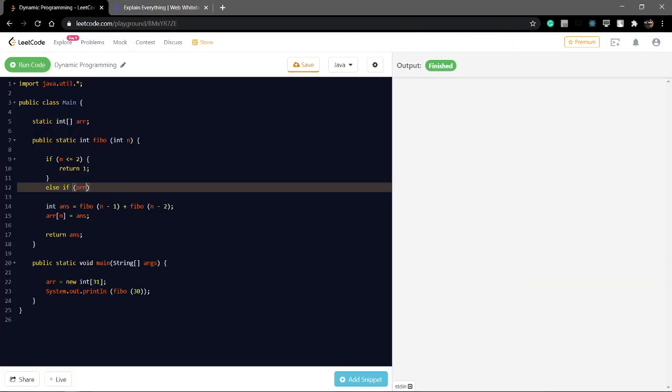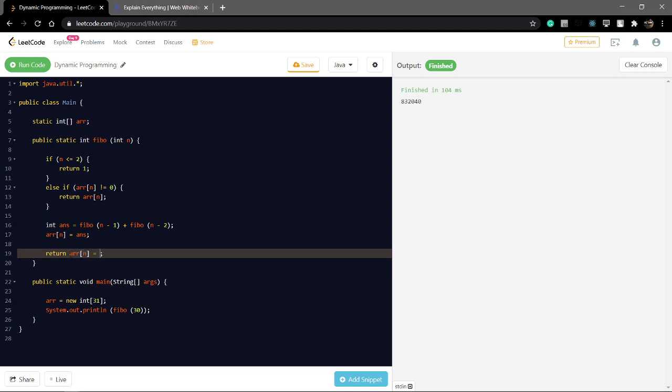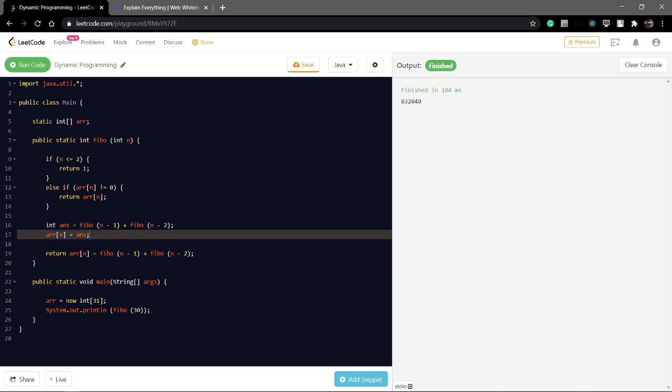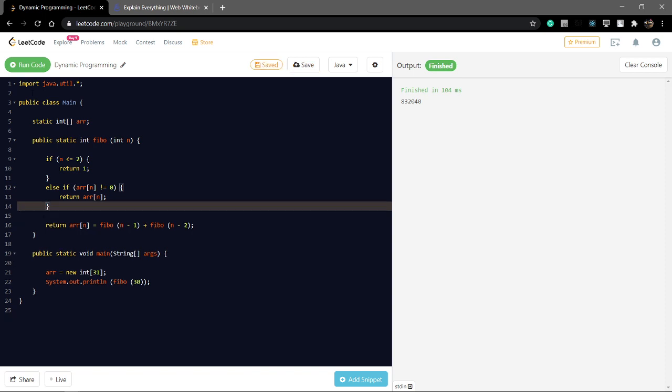So that is array of n not equal to 0, and I directly return array of n. Now this is another way to write the code. I can also write it this way. In code, this is also correct. We remove it for understanding.